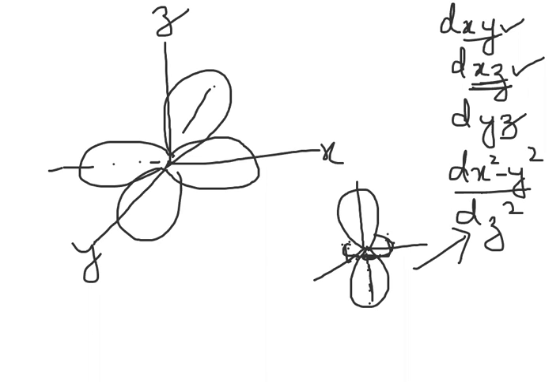Now, in the case of the d orbitals that I have tried to explain, each of these orbitals is capable of taking 2 electrons. So a total of 10 electrons can be accommodated in a particular d orbital set. And that is why the transition elements are 10 in number. Remember, in the periodic table, the transition series that starts, you have 10 elements arranged in increasing order of their atomic number, that is from scandium 21 to zinc 30. That is how you go.